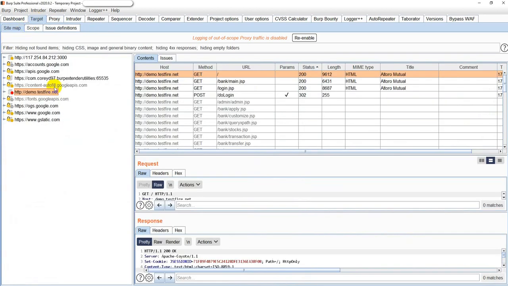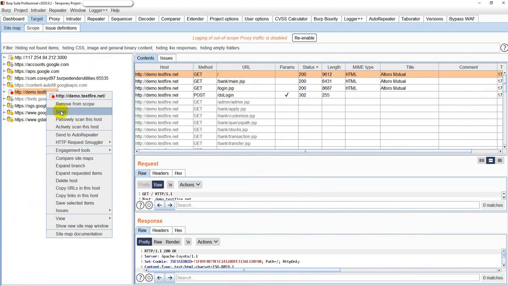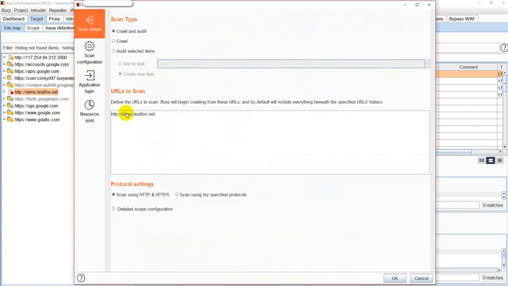So let's just go ahead and perform a scan on this. To do that, I can go ahead and click on scan. Now it will open this particular workflow that I was talking about some seconds ago. So you can mention the protocol settings, you want to scan HTTP, HTTPS, you want to particularly scan this particular website. What exactly do you want to do?